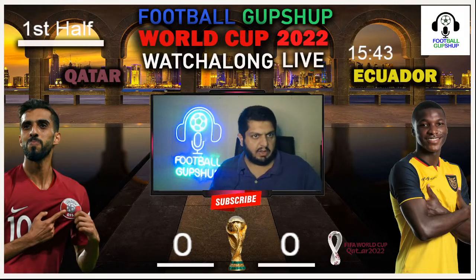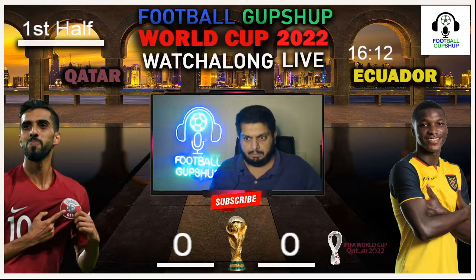Right now, Ecuador have got a penalty, and it is Valencia on the ball, and he puts it in the back of the net this time. The goal will stand, guys. The goal has been given. Valencia have scored the goal for Ecuador, and Ecuador are coming together for the celebration.